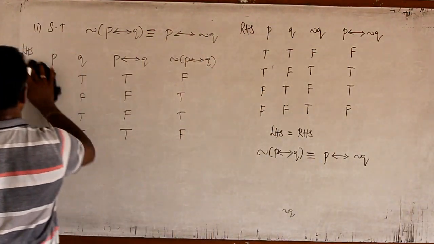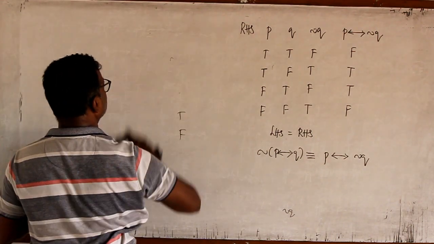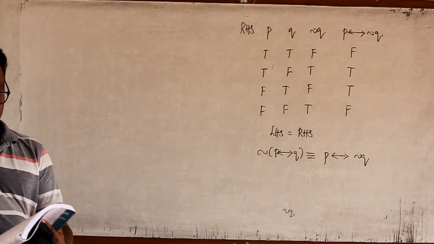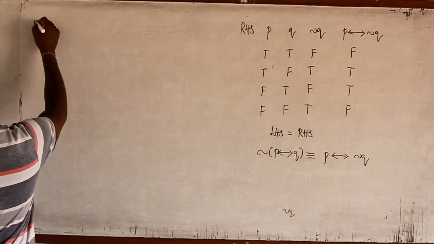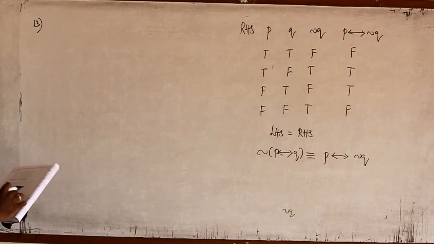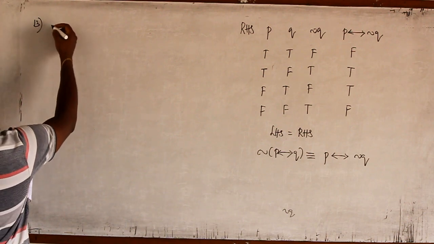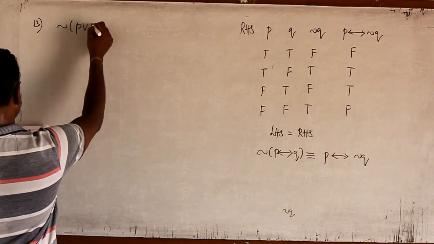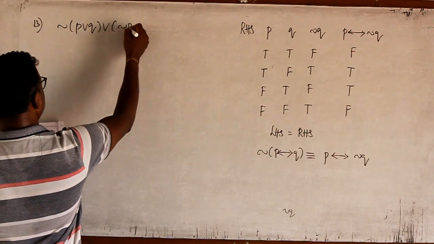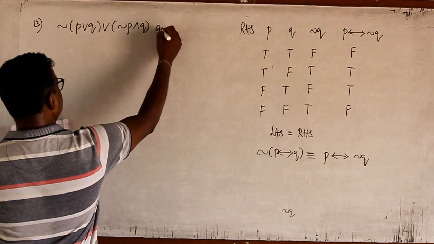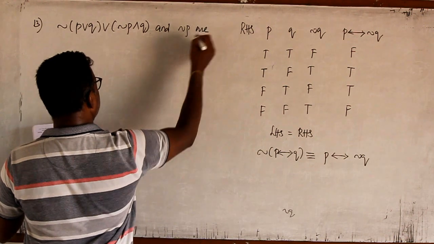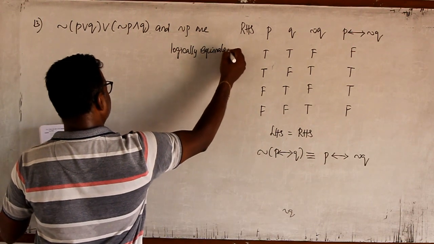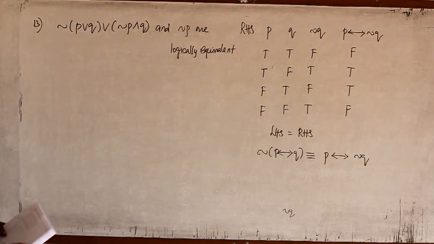So, with that, the 11th problem is over. Now I will go for the 13th problem. I will do 12 and 14 afterwards. Using a truth table, check whether the negation of P and Q, or P and the negation of Q, and the negation of P are logically equivalent. After finding this, I must check whether it is equal to the negation of P.